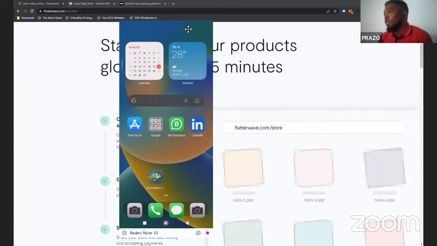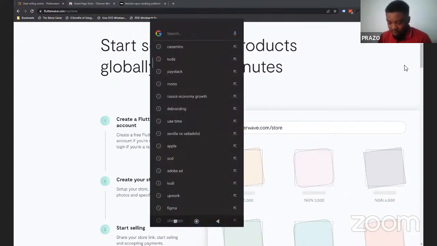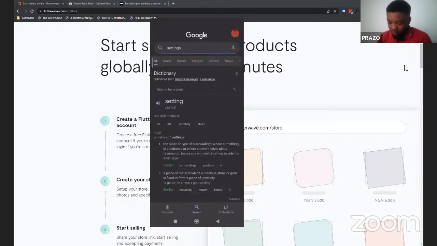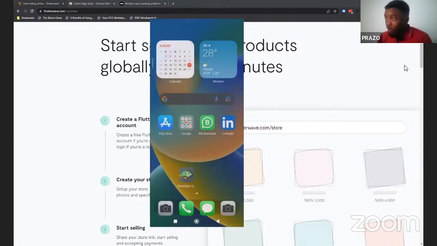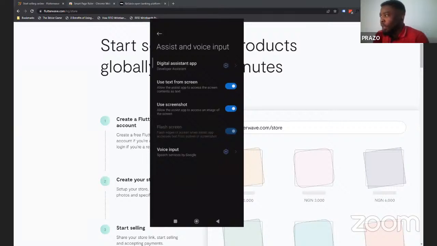So now what we want to do, after downloading Developer Assistant, is go to your phone settings. You can just search for settings. Okay, let me do a shortcut. So click on Developer Assistant after downloading it. I have the license because I have been using it for some time now. So click on Enable or on Edits. If you are following me,